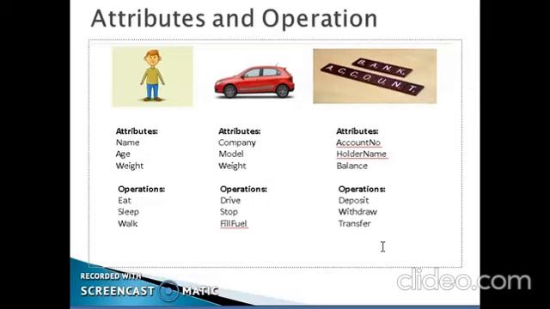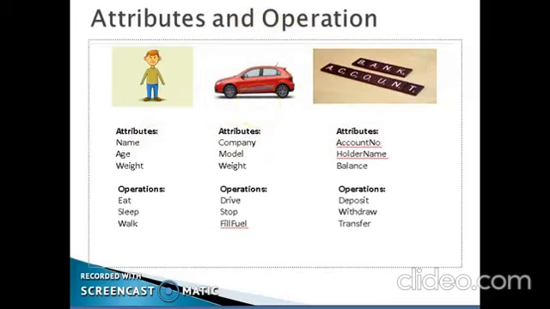Okay? So person, car, bank account are all classes. If I pick out one person from this class person, he becomes an object. If I pick out one car from this class car, it becomes an object.